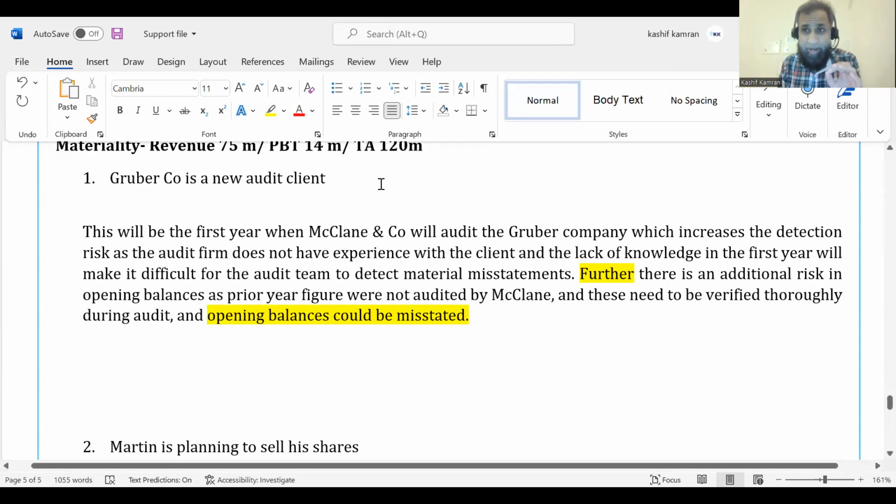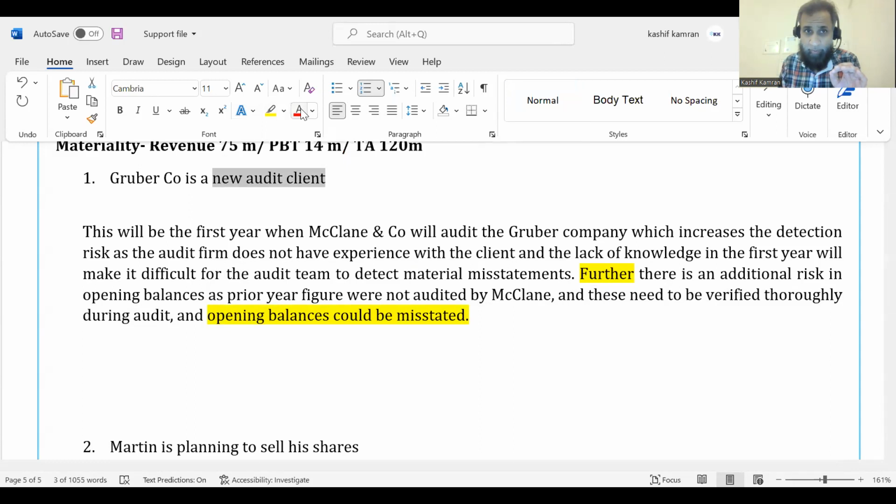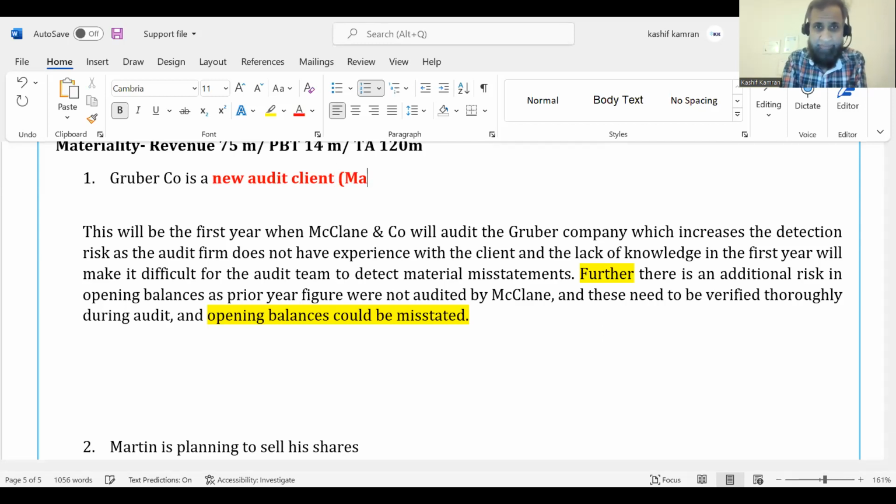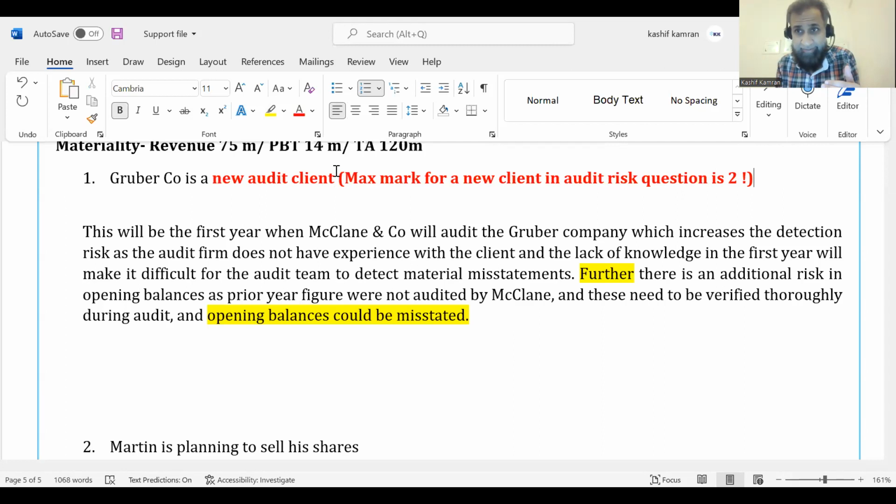The maximum marks you have in the audit paper for a new audit client, whenever you write a new audit client as a risk, the maximum marks the examiner will give you is 2, maximum. So maximum marks for a new client in an audit risk question is 2. So you will only fetch 2 marks here,